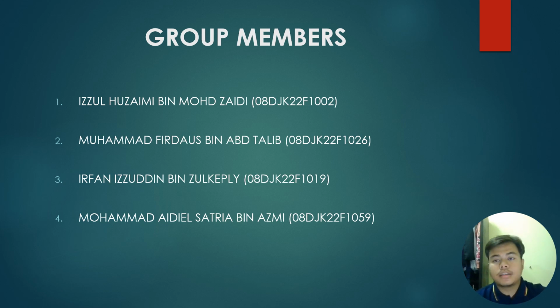I'll introduce all my group members with their names and matric numbers. First one is me, Izul Husaini bin Muhammad Zaidi, holding matric number 08DJK22F1002. My second group member is Muhammad Firdaus bin Abdul Talib, holding matric number 08DJK22F1026. Third group member is Irfan Izzuddin bin Zulkifli, holding matric number 08DJK22F1019. And lastly, Muhammad Aidil Satria bin Azmi, holding matric number